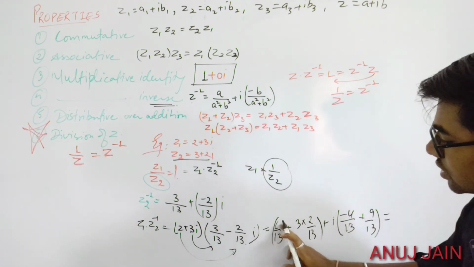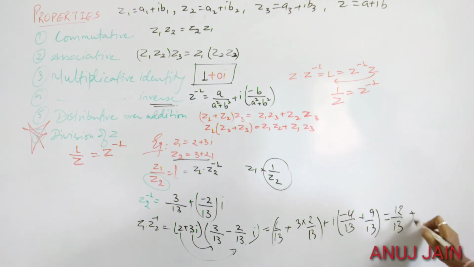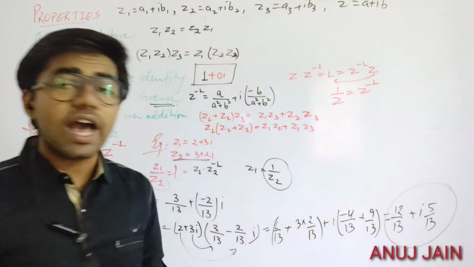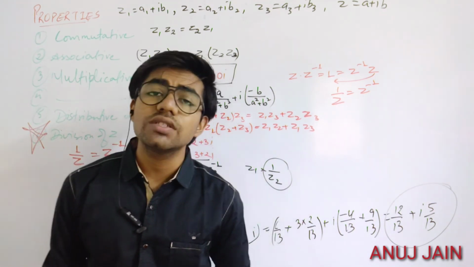So the answer is 6 by 13 plus 6 by 13 is 12 by 13 plus i times 9 minus 4 is 5 by 13. This is the answer. So you have seen how simple it is